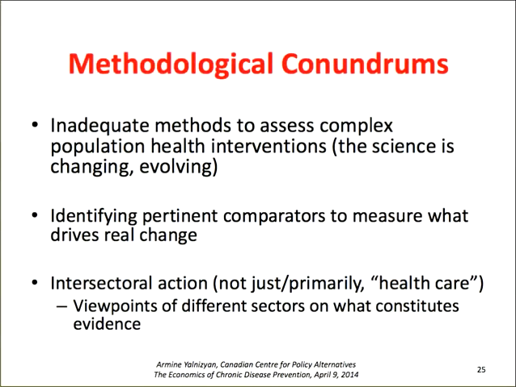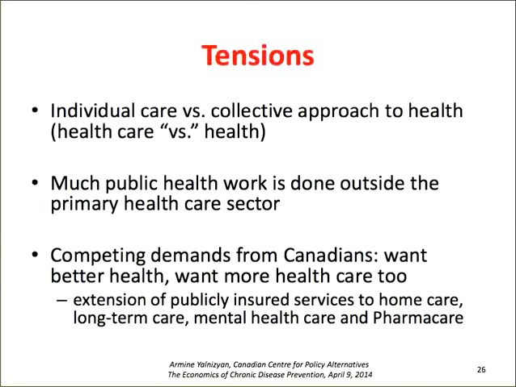It's not just or even primarily about health care, but every sector of health research views their different sectors as what is the most important type of evidence, and population and public health gets short shrift in these discussions. It's much easier to measure rates of cancer, for example. So there are these tensions in our system.